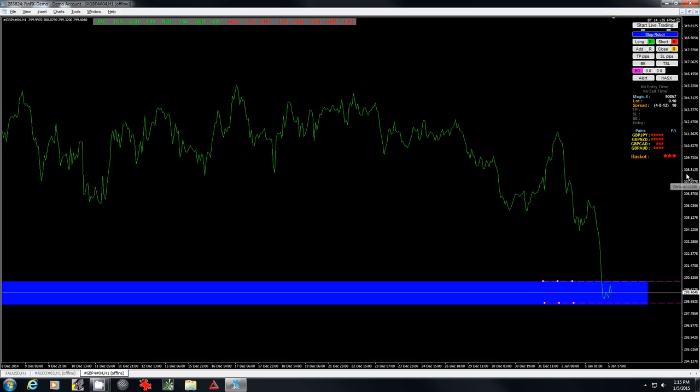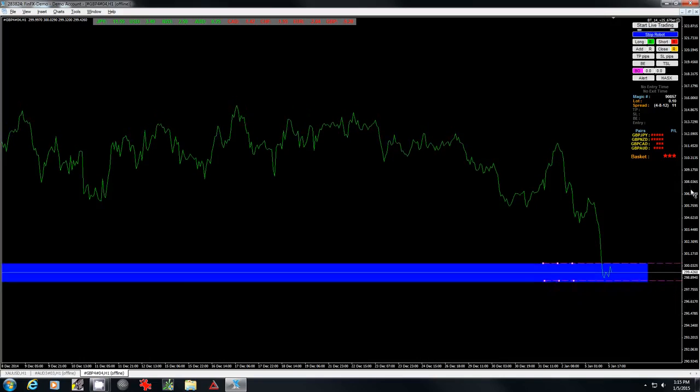Now, one thing I haven't showed in the previous ones was, like I said, you can put your take profit and stop losses in here in advance if you want to. Now in this case, if it breaks out long, remember the stop loss will be placed at this bottom line, and if it breaks out short, it will be placed at the top line, and then you can change those later on. But say you wanted to put a take profit in here someplace,